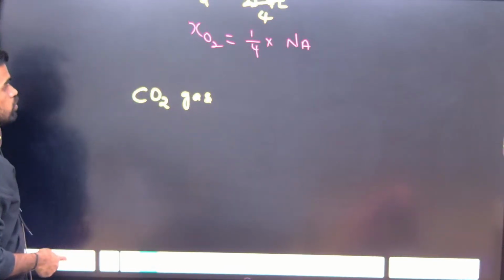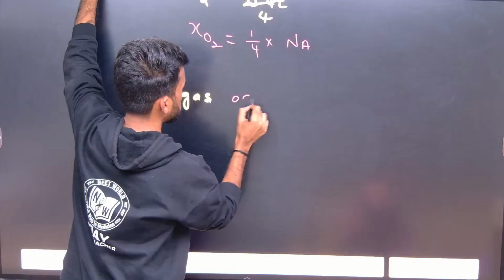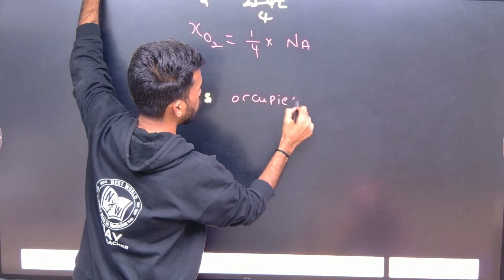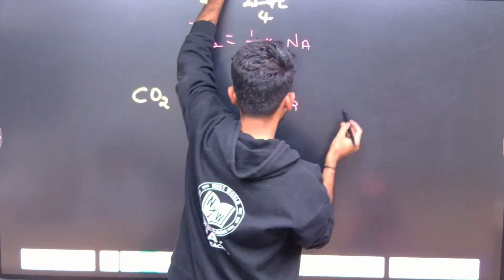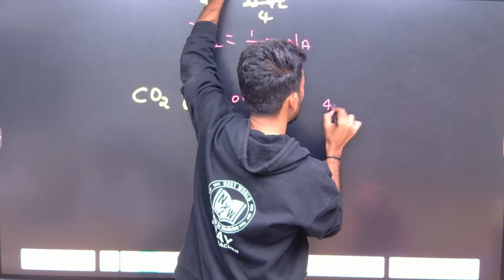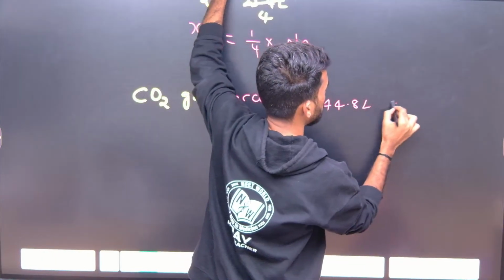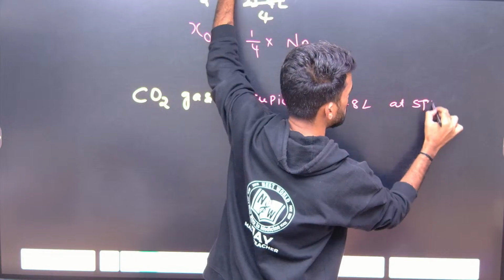Okay, CO2 gas occupies 44.8 liter at STP. Then